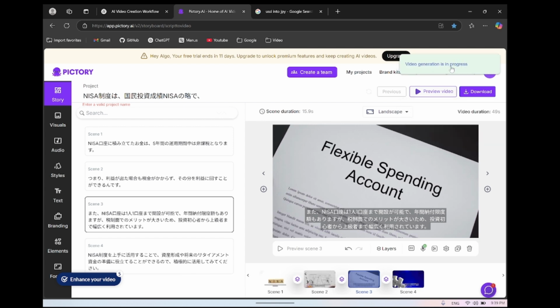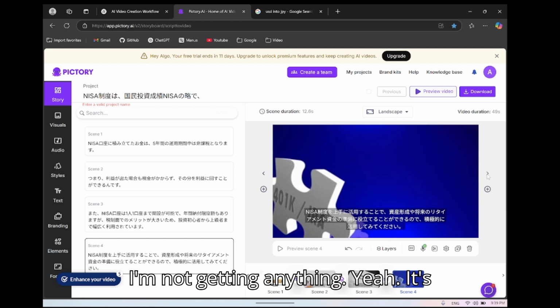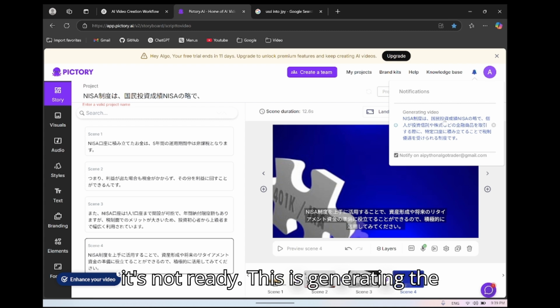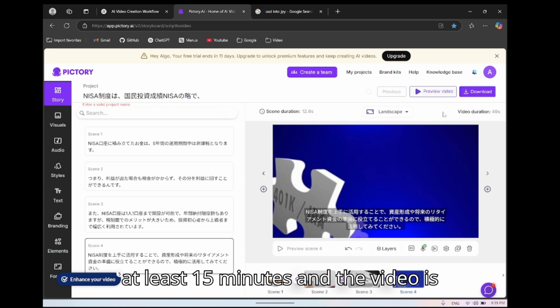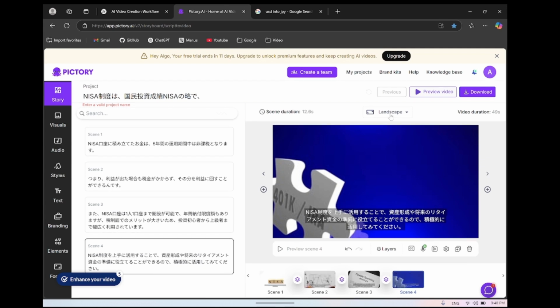And again, I don't even know how to get the video downloaded on my computer because I'm not getting anything. It says that it's not ready. This says that it's generating the video. So it's been now at least 15 minutes and the video is still not ready. So this doesn't look like a good deal actually, this one. It's free and probably if I'm a bit patient, I could get the video, but